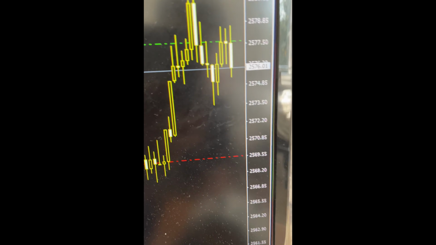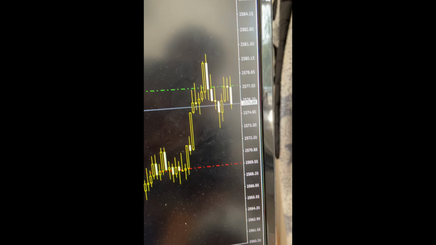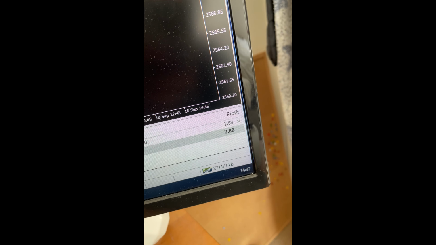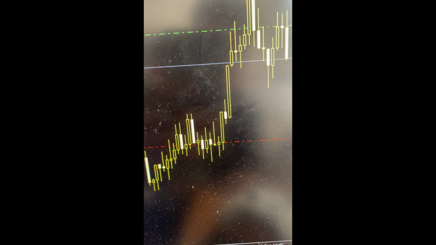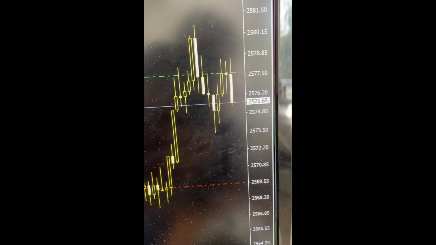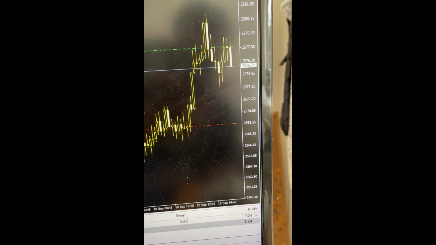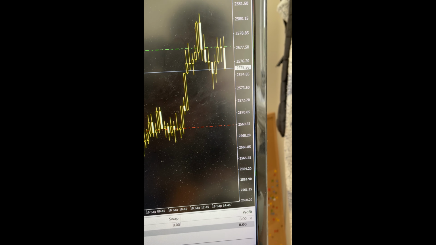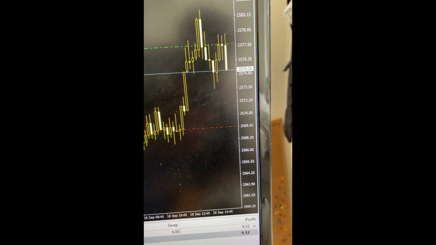All right, so we're in the next sell again. Ignore the monitor, but this is the next sell that we're doing on gold on this account, and it's currently up $6, $7, $8 or whatever, and we are targeting the lows down here. So we want to break this low, and we may be able to get a re-entry, to be fair, if we break this low. But let's see if it happens. I think this will be like another $30, $40 this trade. Bring the account up quite nicely. So yeah,